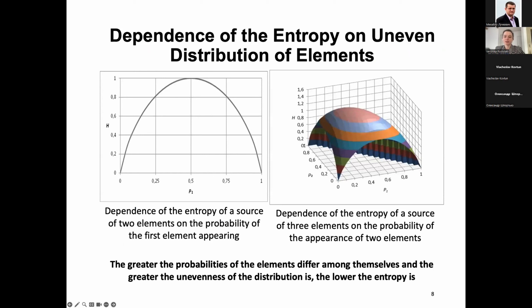Let's investigate the dependence of entropy for the case of two elements. If the probability of appearance of the first element is equal to P, then the probability of the second element will be 1 minus P. We see that the entropy is maximal when the probability of the first element equals the probability of the second, and therefore both equal 0.5. The more the probabilities of the elements differ, that is, the greater the unevenness of the distribution is,